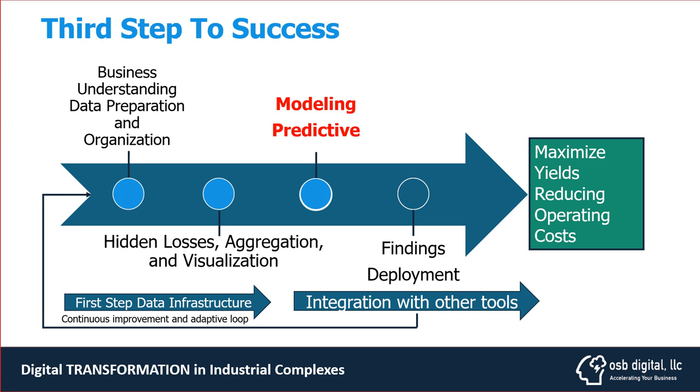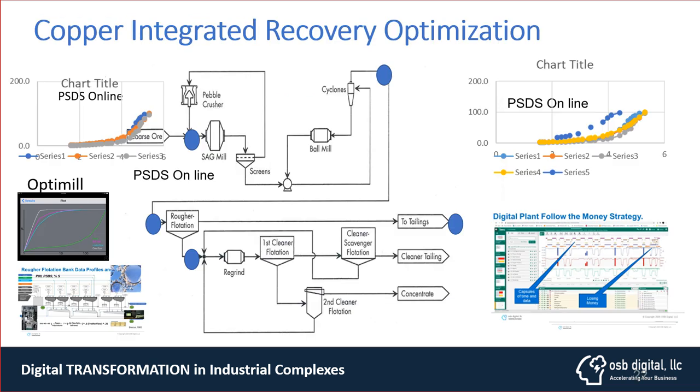And the next step, when you have this subset of data, when you are operating well and when you are operating badly, is to develop models for prediction so you can avoid problems. We take here an example of a mineral processing concentration plant, and we have the particle size distribution of the feed material to the SAG mill, the output of the cyclone, and eventually a grinding model that we can operate to identify the right amount of water to maintain the size distribution which is required for the flotation.